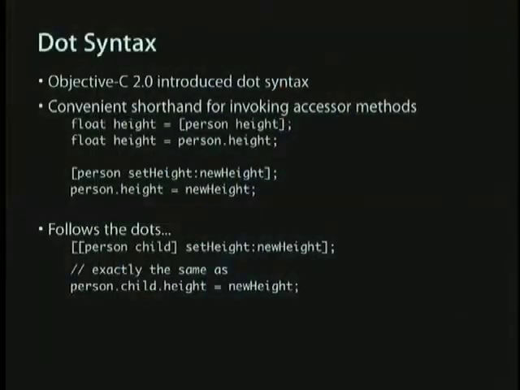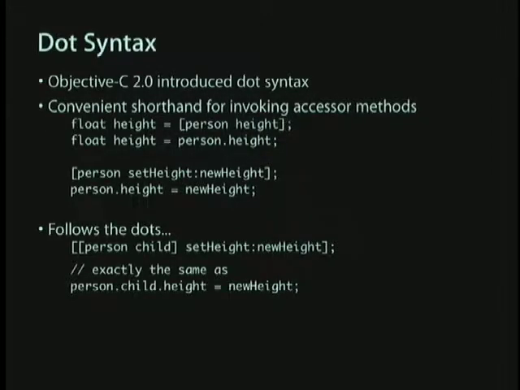There is one extension to all of that we haven't quite covered, but I mentioned briefly, which is the dot syntax. This is related to the properties that I talked about earlier. If you want to get to a particular instance variable on an instance, you'll usually send a message that has the same name as the instance variable or something related. That would normally look like square brackets, person, and then height, to get the height of the person. In Objective-C 2.0, you can also write that as person.height. It is actually identical.